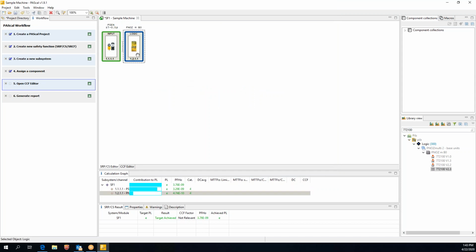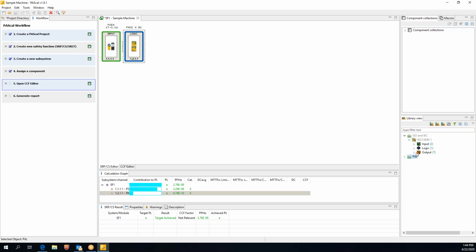This device, just to note, has 20 inputs and 4 safe semiconductor outputs, so it's a programmable relay that you can bring many devices into. And I'm going to be using that controller throughout this entire project for both of my safety functions that you'll see. So now that I've done that, I only need to do one last thing, and that's to bring in the output structure that I'm going to be using.